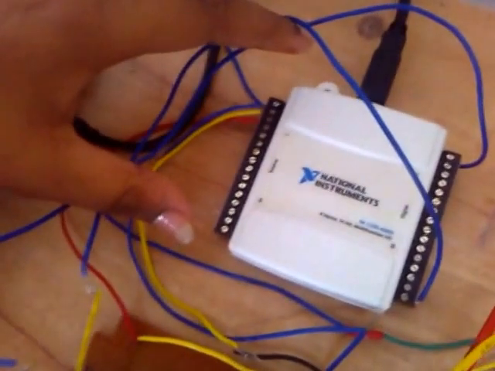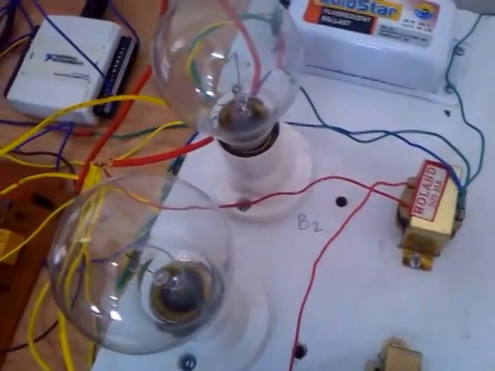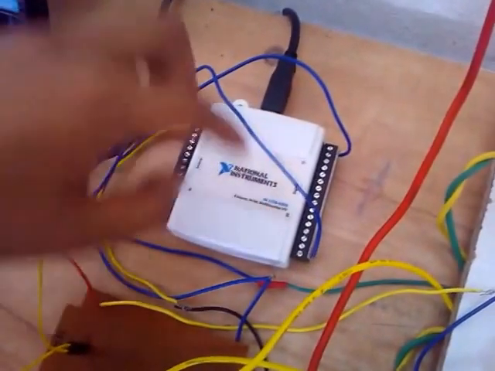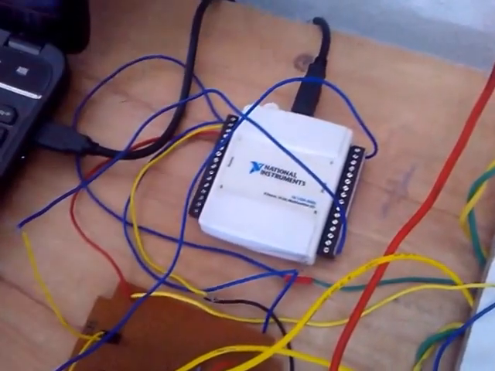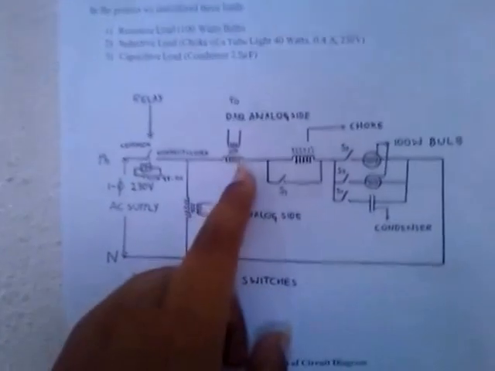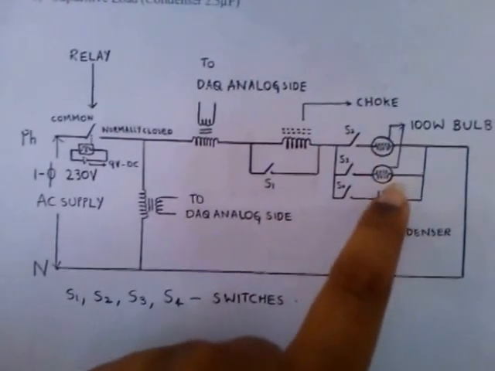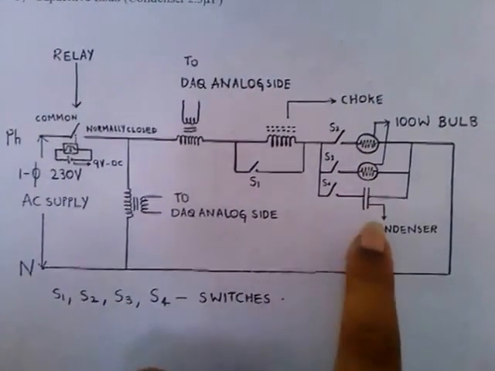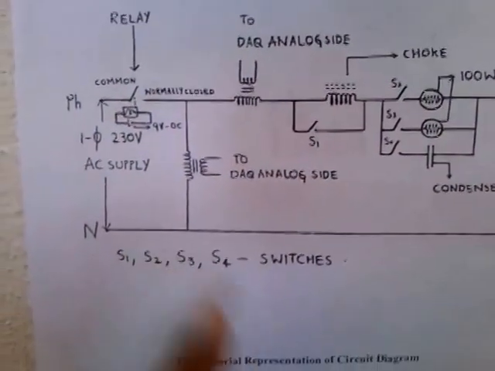That is, we can see what is DAC. DAC is a communication interface between software, that is LabVIEW, and hardware component of our project. For the analog side, we are giving the connections from CT and PT to measure the values of voltage and current. And the other terminals of CT are going to the load, which is the inductive load in series with two bulbs which are in parallel with the capacitor, and the output of the load is given to neutral of the supply.